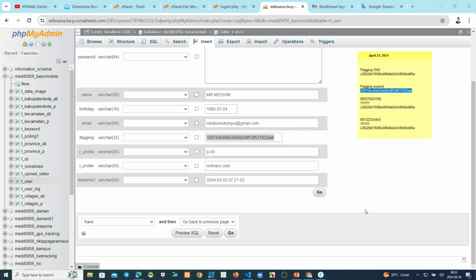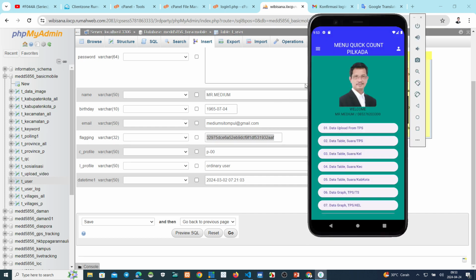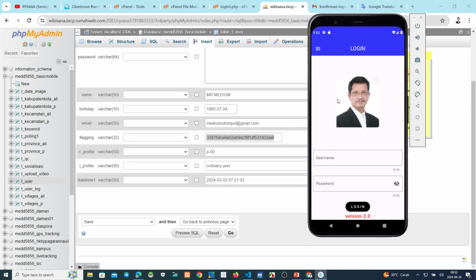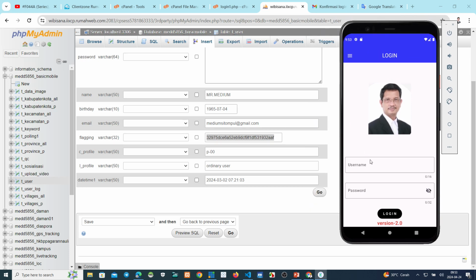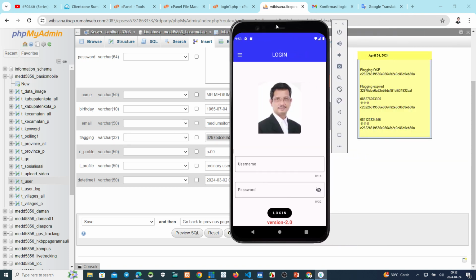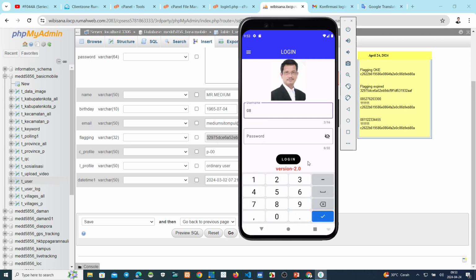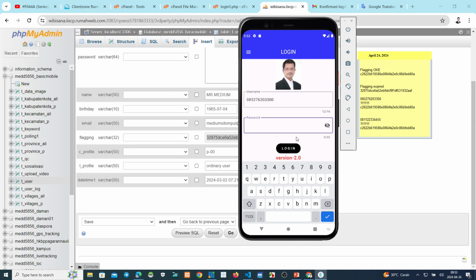Flagging expired. Okay, we try to login with this one. Is it expired or not? This is the username first, and this is the password.